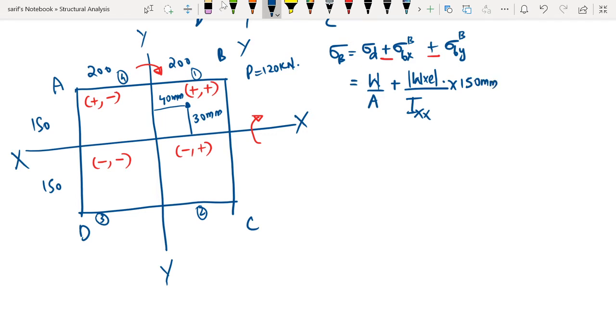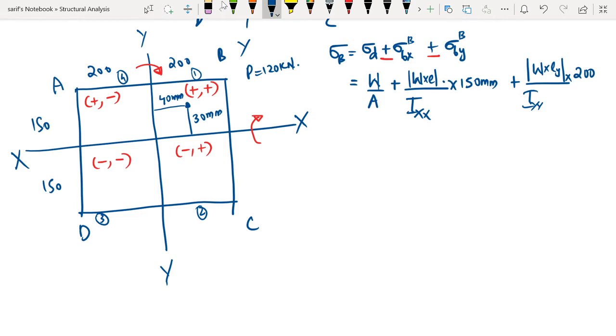Now again plus we have the moment about the y-axis. Here let us put eccentricity from the y-axis as Ey. So Ey divided by Iyy, multiplied by the distance from the y-axis. The distance from the y-axis for the point B is 200 mm. So this is the equation for the